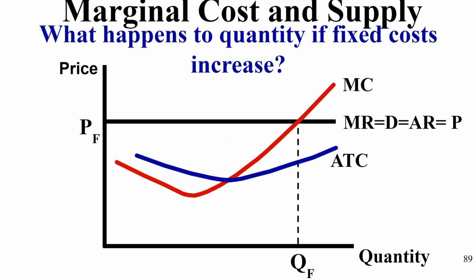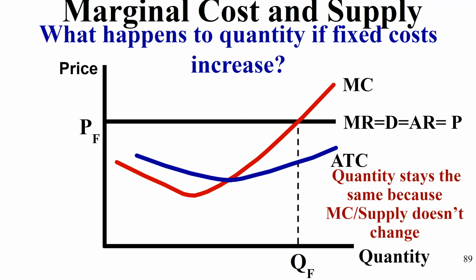So what happens then if the fixed costs are increasing? What happens to the quantity in that particular case? If the fixed costs increase, the quantity is going to stay the same. Remember, as we said, the marginal cost doesn't change as a result of fixed costs. Because of the spreading effect, right? The idea is you're spreading it out over time, and when you have an increase in fixed costs, it's not going to impact the quantity. However,